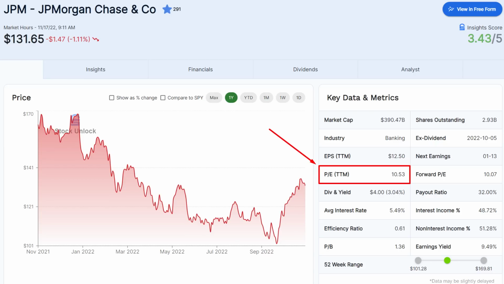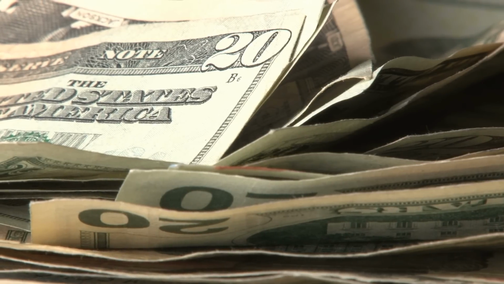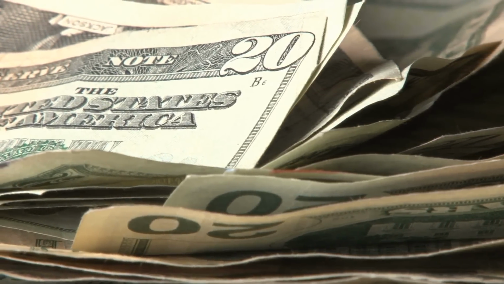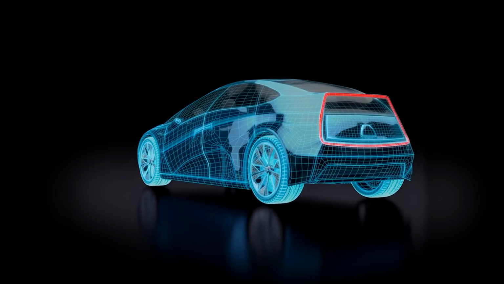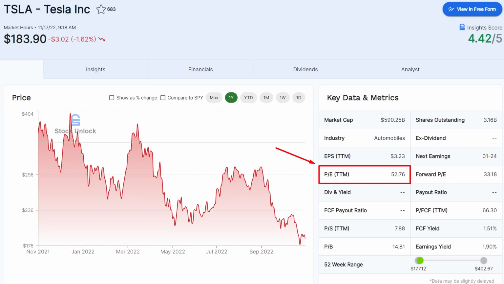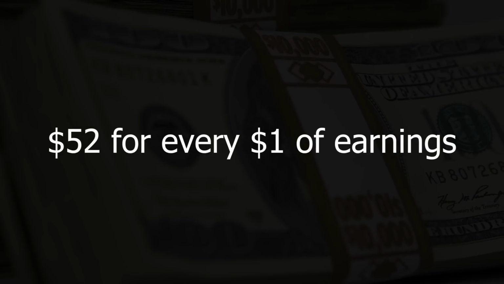We can also see that JP Morgan has a price to earnings ratio of 10, which means that investors are valuing this business's earnings much less than Microsoft's and only paying $10 for every $1 of earnings that JP Morgan generates. The reason for this is because investors are willing to pay higher multiples of earnings for businesses that are growing quickly or are in exciting industries. For example, Tesla, which is one of the fastest growing and most exciting companies in the world, currently has a price to earnings ratio of 52, which is much higher than most stocks trade for in the market. This simply means that investors are willing to pay a higher price of $52 for every $1 of earnings that